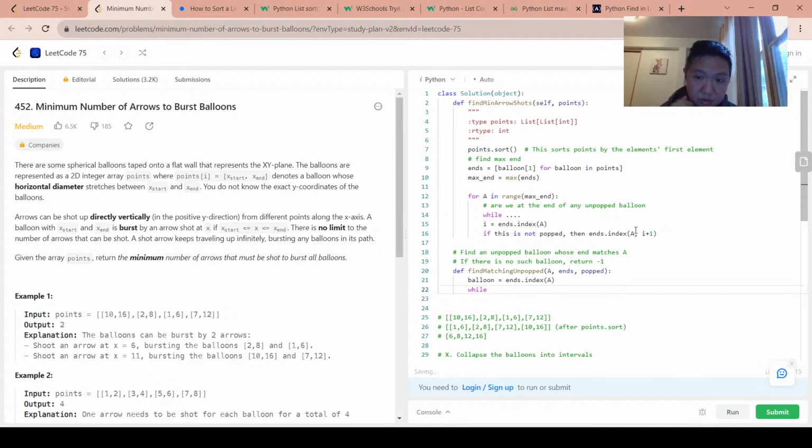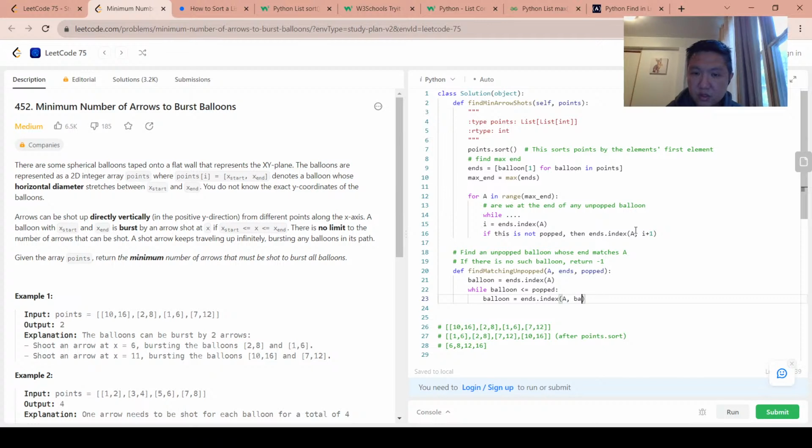Okay, so balloon equals ends.unpop. While balloon is greater than popped, okay, means that this balloon has, oh sorry, smaller or equals to popped, balloon equals balloon plus 1. So we're going to find again, if,